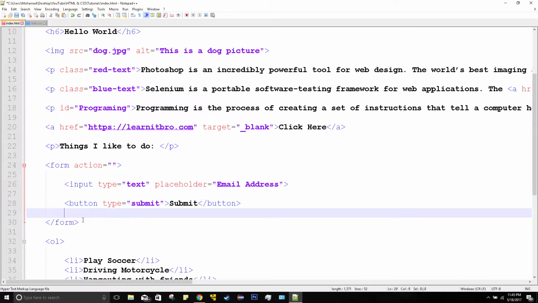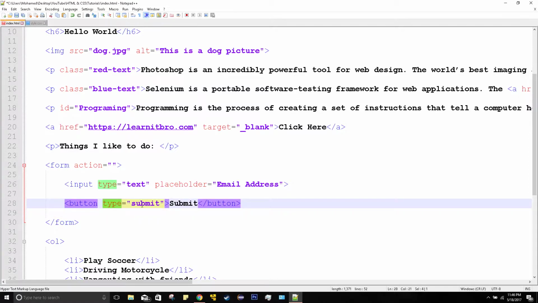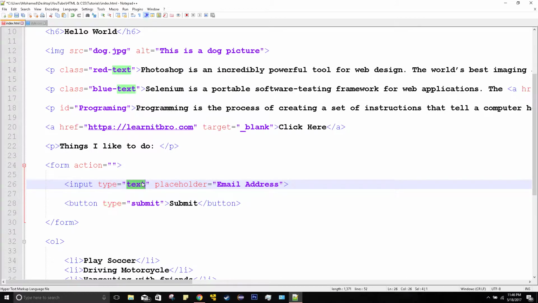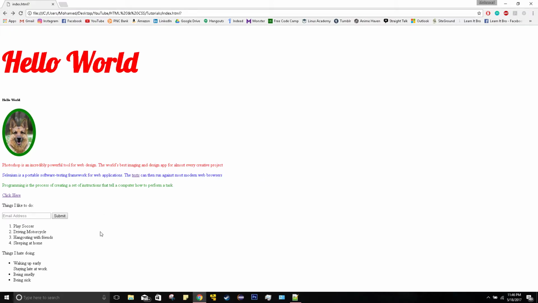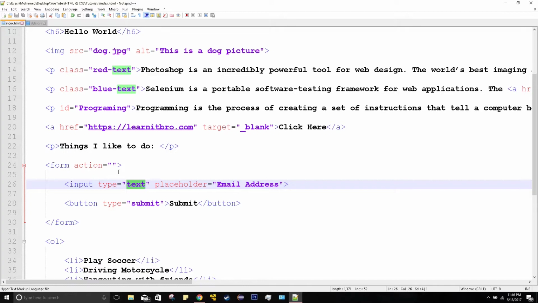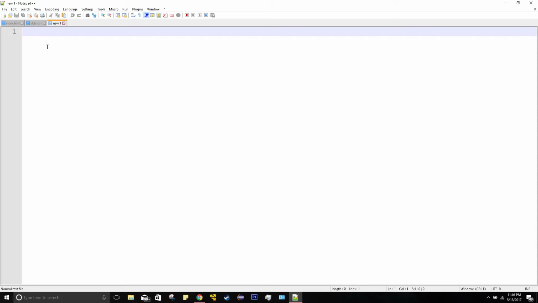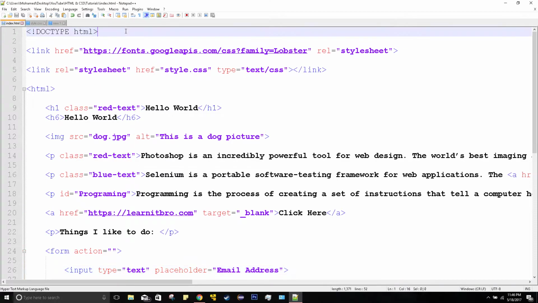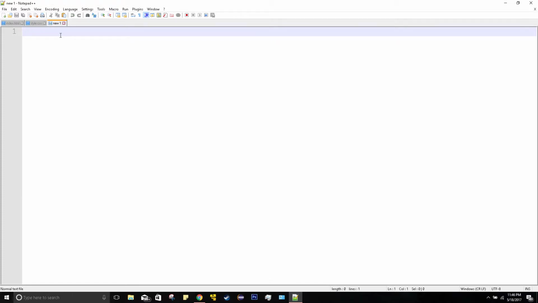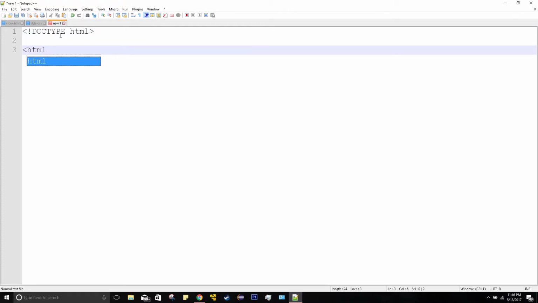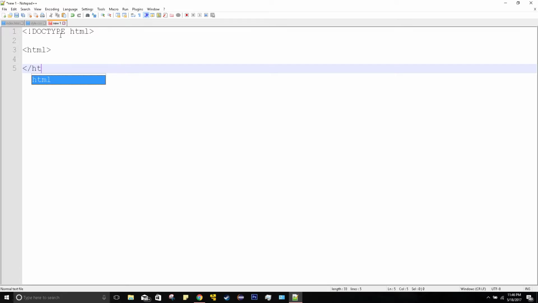So right now I have a button, and the type of it is submit, and I have an input text field with a type of text. If I save it and go here and press submit, nothing will actually happen. But if I create a new HTML file, I'll do a basic HTML file,